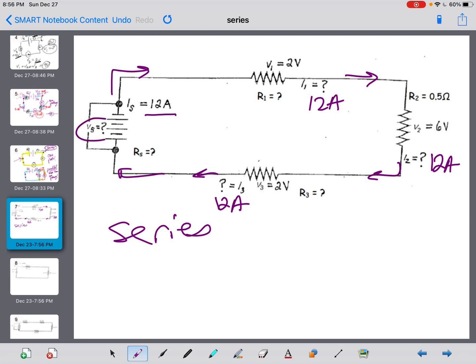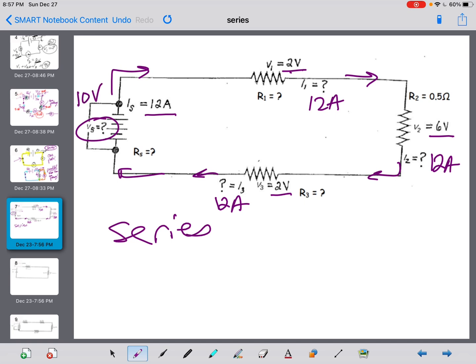So the voltage of the source is missing, and we're told that V1 is 2, V2 is 6, and V3 is 2. So remember the relationship, voltage of the source is equal to all of the voltages of the loads added together. So 2 plus 6 is 8, 8 plus 2 is 10,